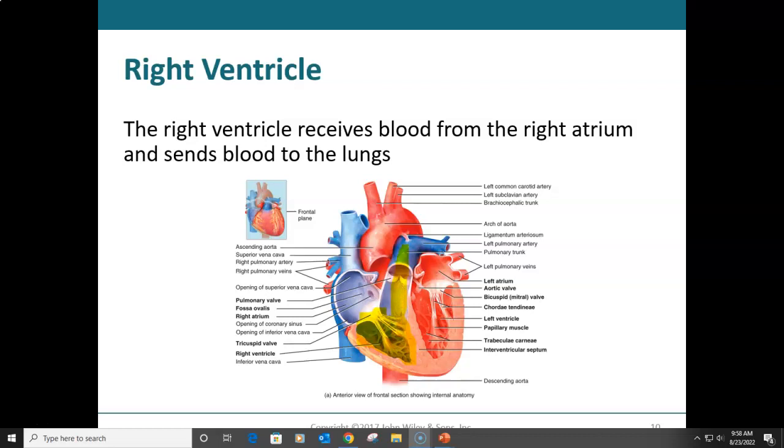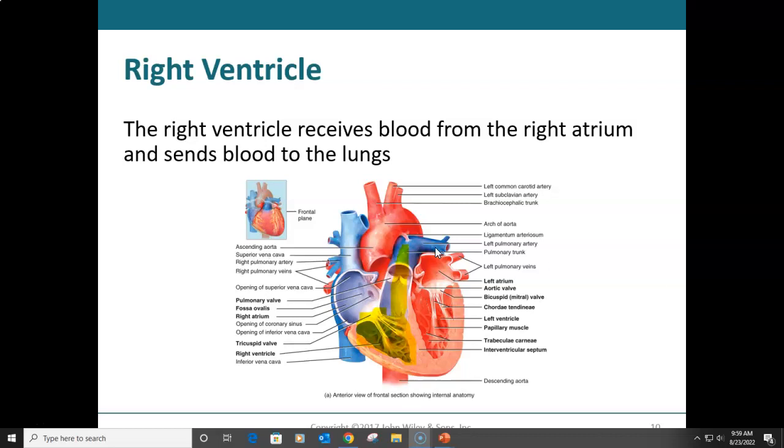The pulmonary valve then will open because the blood is pushing against it, and just like swinging doors, it opens one way. You push against it and it opens away from the push. So the valve pushes open and the blood flows into the pulmonary trunk, which then branches into the right and